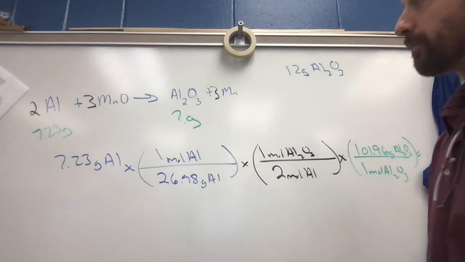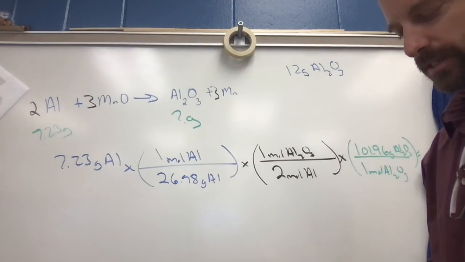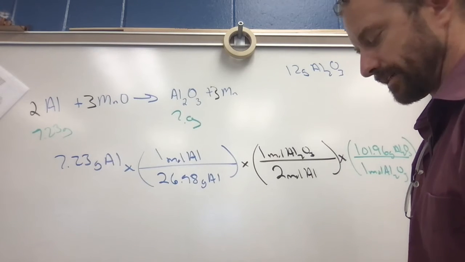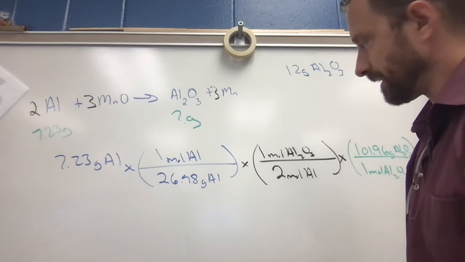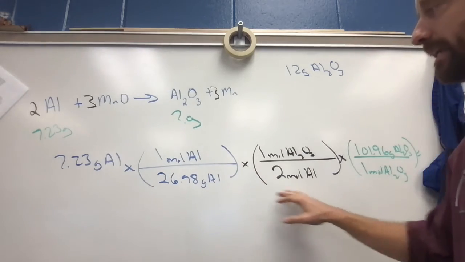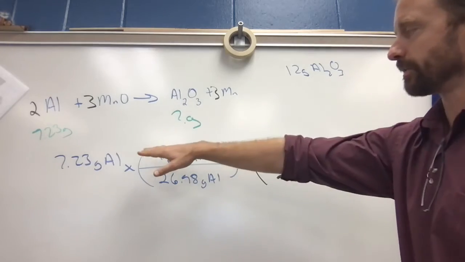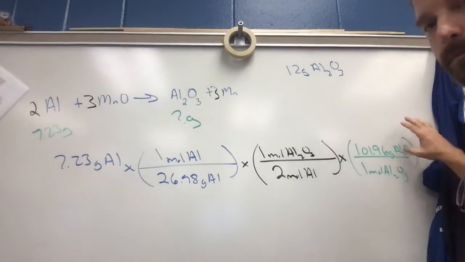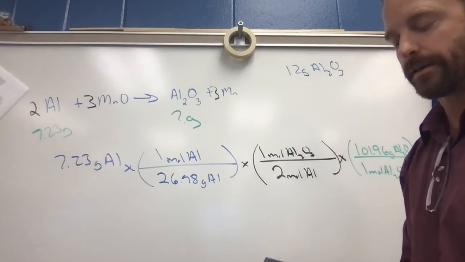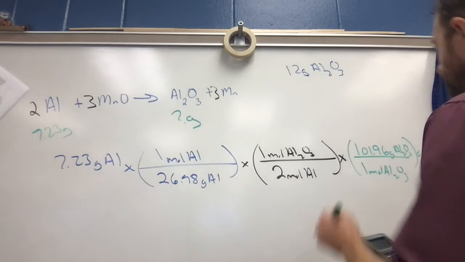So now, for my theoretical yield, I would multiply by the top and divide by the bottom. So 7.23 times 101.96 divide by 26.98 divide by 2. I'm dividing by both of these. You can hit divide by multiply, but you got to put parentheses if you do that kind of thing, right? Some people like to multiply everything on the top and get a number. Multiply everything on the bottom and get a number, and then do the top divided by the bottom. That's fine. However you like to do your math, do that right now, and you should get